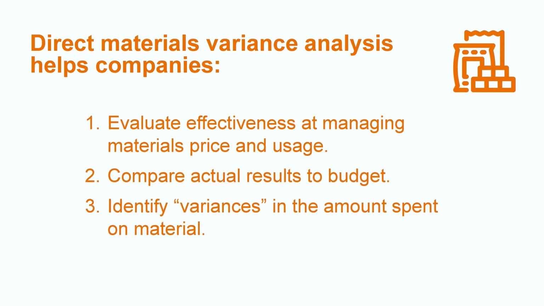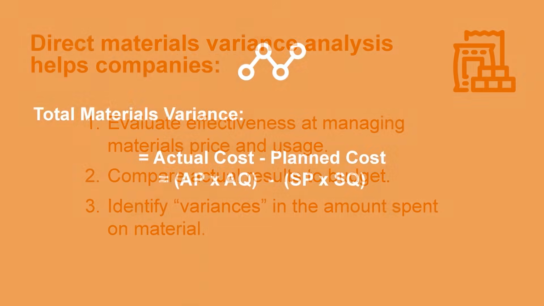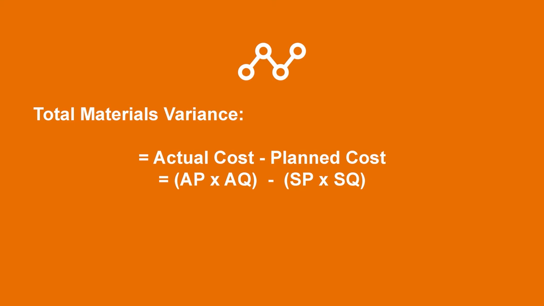This is the materials variance analysis process in action, where companies identify specific differences or variances in the amount they spent on materials. This allows organizations to investigate areas of concern so that they can improve going forward. The starting point for a materials variance analysis will be to calculate the total materials variance. This is done by comparing the actual cost of the materials to the budgeted amount that the company was planning